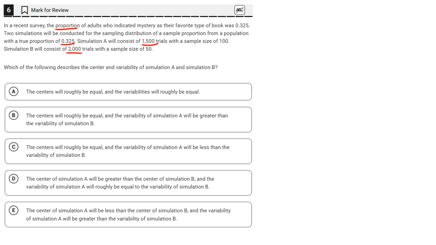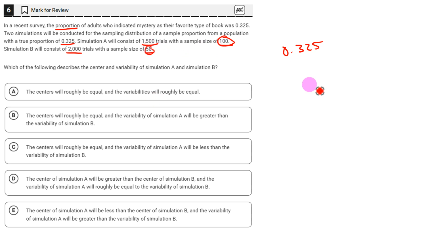The center of any sampling distribution, it doesn't really matter the sample size. The center will be the center. The center is just whatever the original one was. So both of these will have a center of 0.325. But a sample of size 100 versus a sample of size 50, the 100 is going to have smaller variability